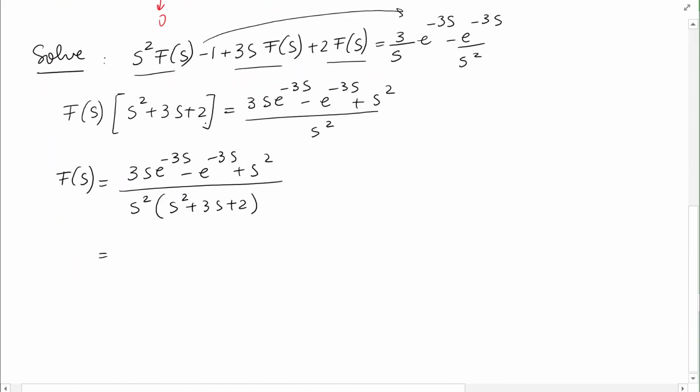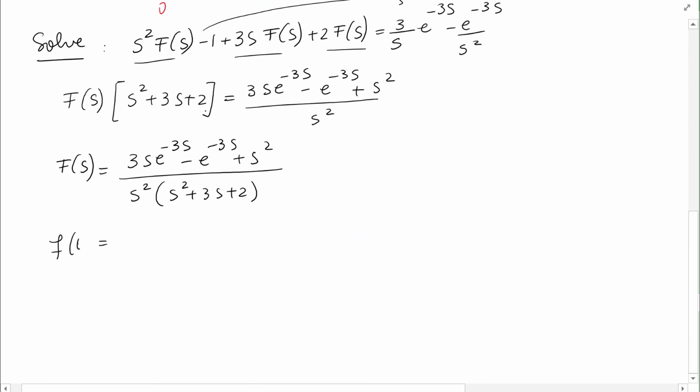So to calculate f of t, or in other words y of t that we wanted to find, I'm going to do the inverse Laplace transform of F of s, so it's going to be the inverse Laplace transform of